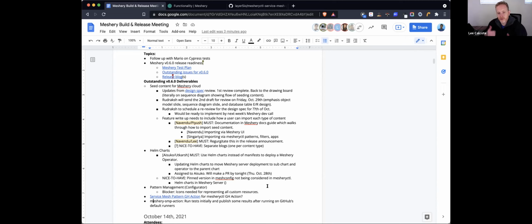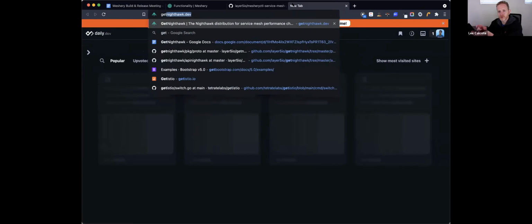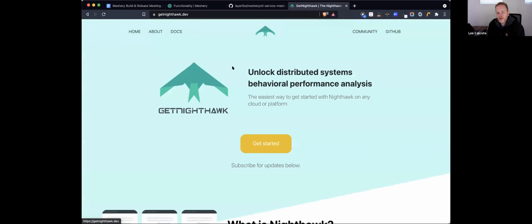And that's nice. But I'm highlighting the fact that we still haven't landed getnighthawk.dev. I've hinted at this with a number of you, but ideally the site itself is called Get Nighthawk, but in the logo, we need to take the get out of it and just say this green bird-looking structure is Nighthawk. We're not talking about something separate. We're talking about Nighthawk.